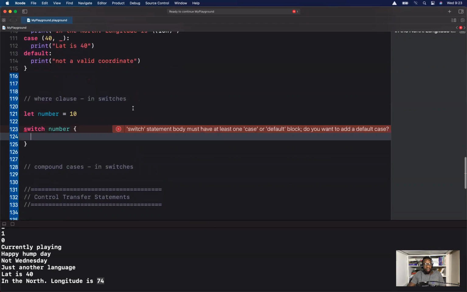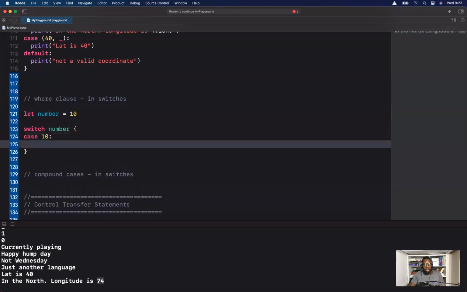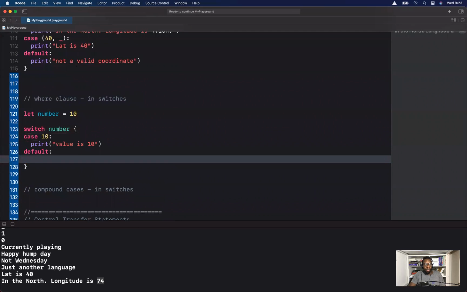And here we'll say case, case 0, or rather case 10 for now. Case 10, print value is 10. And we'll have our default statement. We'll simply print